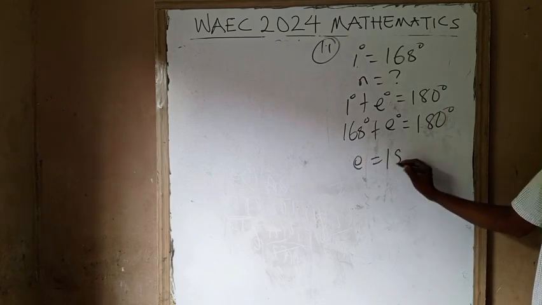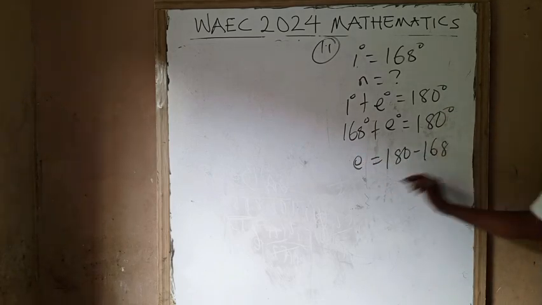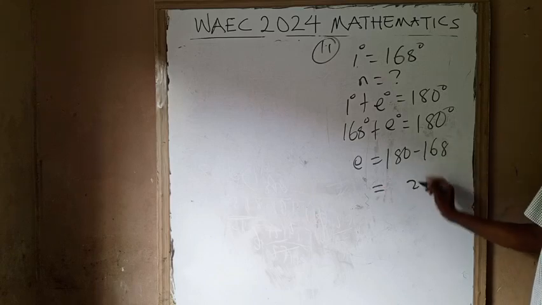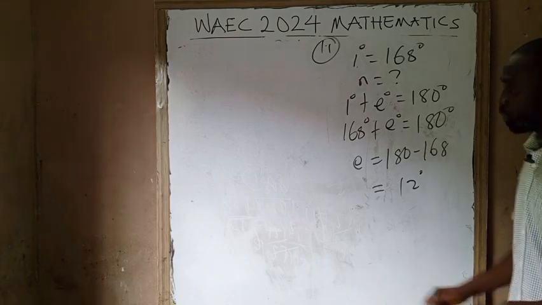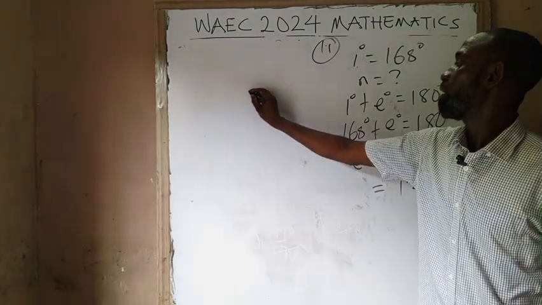What will be our E? E will be equal to 180 minus 168, and this is 12. So E is 12 degrees. I have to find the number of sides. But we know that our number of sides is